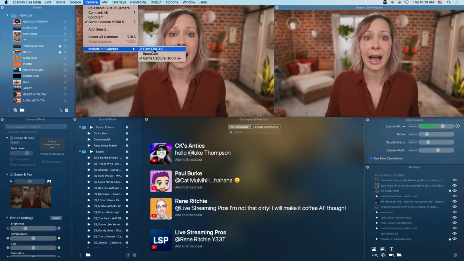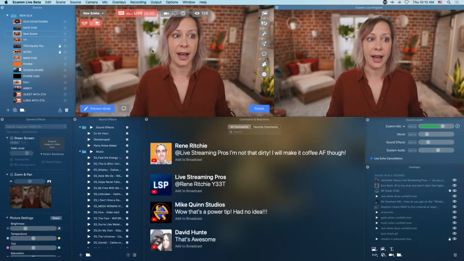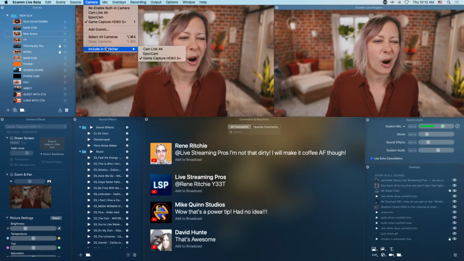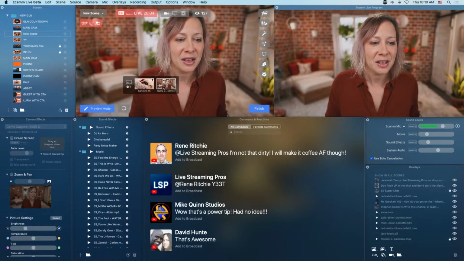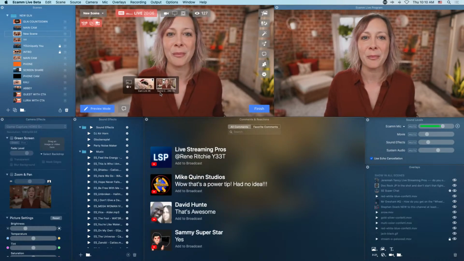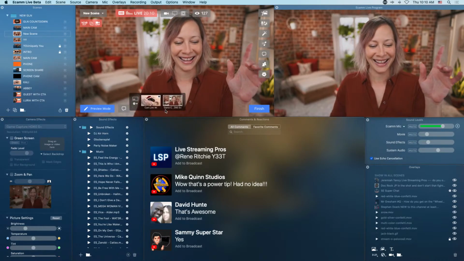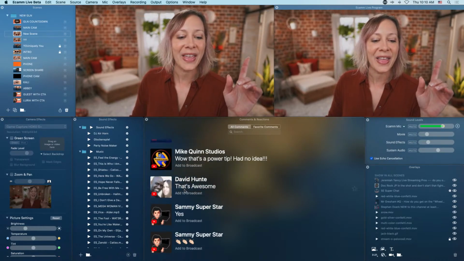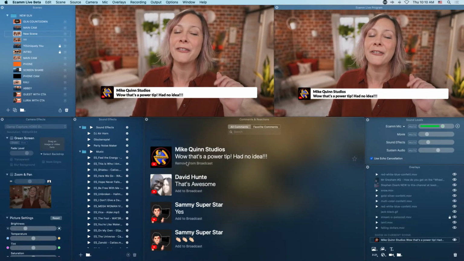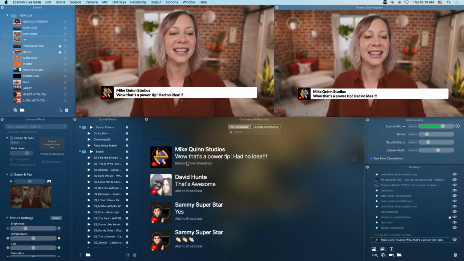If I'm not going to use the AbiCam, I undo that. And I've probably screwed up some other scenes, so if I have to fix scenes, we'll know soon, just by disabling that. That's a power tip. Had no idea. Fantastic. So I'm glad that that's helpful.